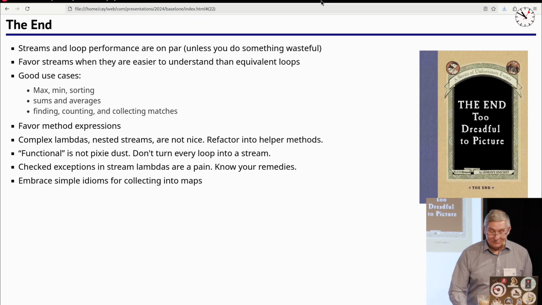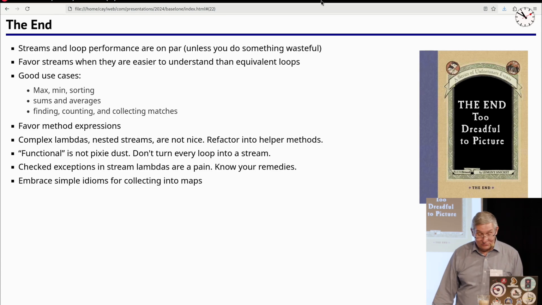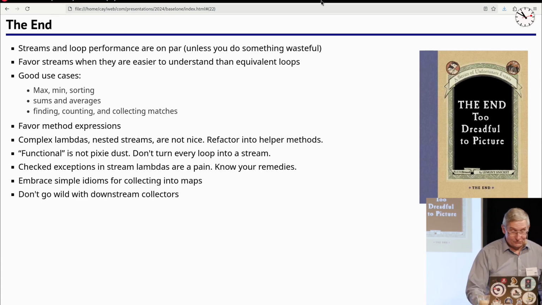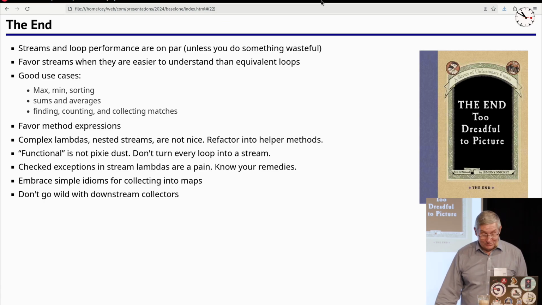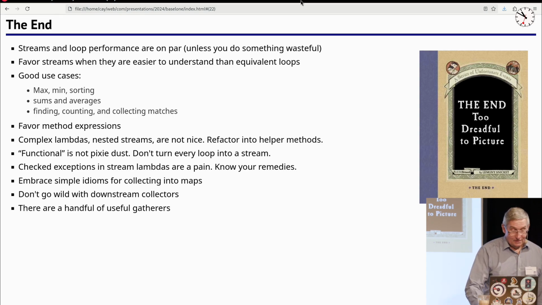Like I said, collecting into maps I found was a win. And that means you don't just need to know the stream API, but also these collectors. Every time you read the sections in my book about this, it shows the collectors, and then it goes down a rabbit hole of downstream collectors and shows you 40 different ways of doing this, because there are 40 methods. Most of them are not actually useful in practice. It's kind of amazing that you can do it, but you shouldn't.